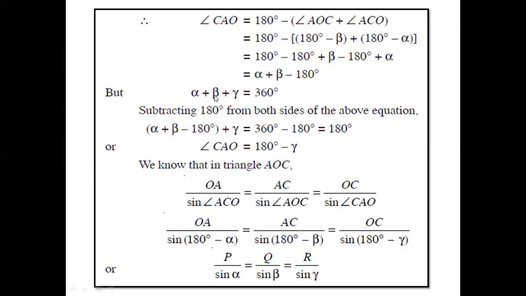So I know the angle at CAO, which is alpha plus beta minus 180 degrees, which implies 180 minus gamma. So therefore, we know that in a triangle AOC, OA by sine of the angle ACO,